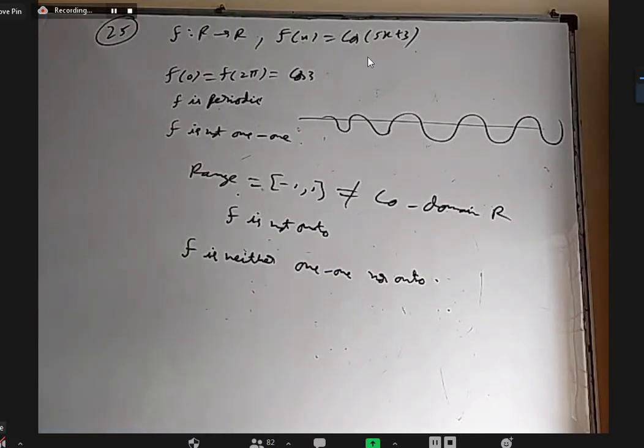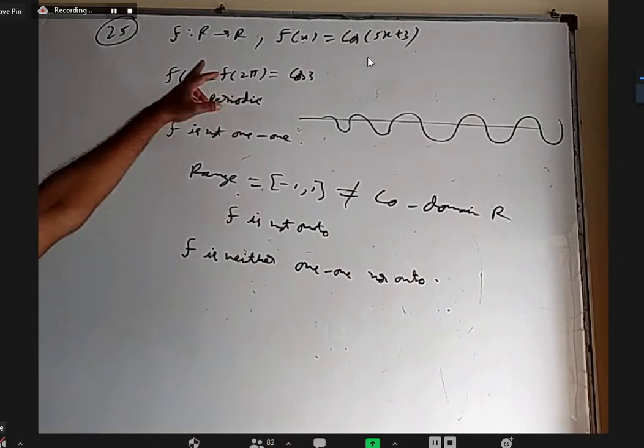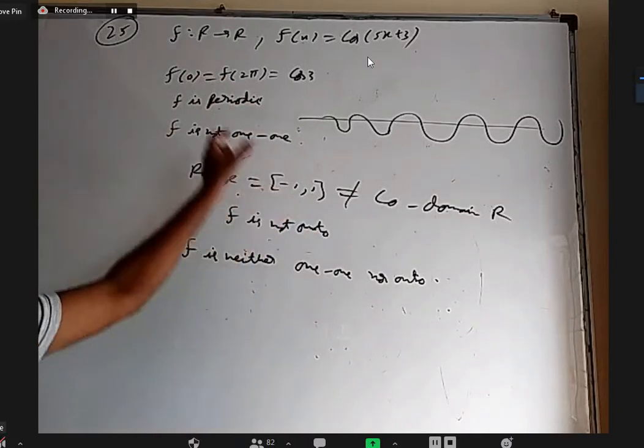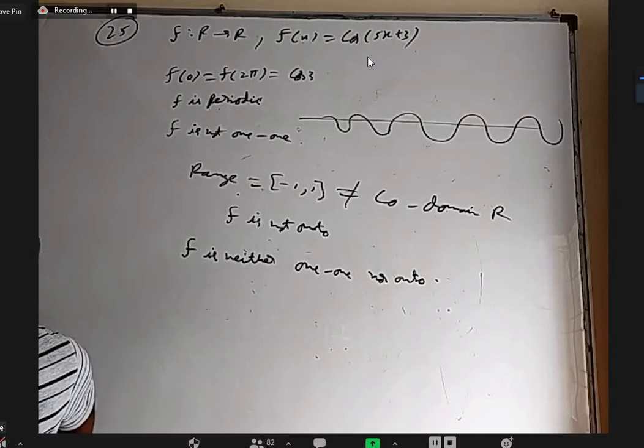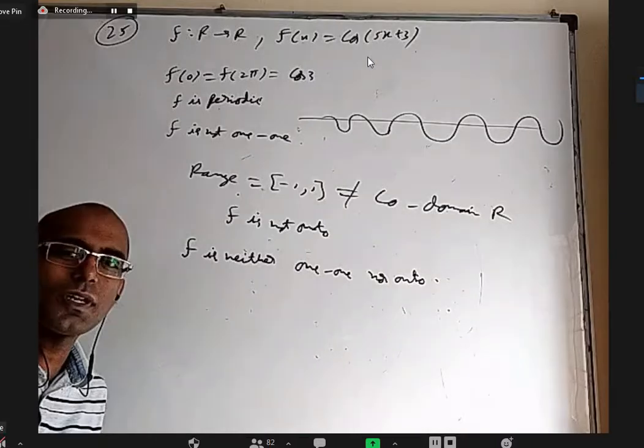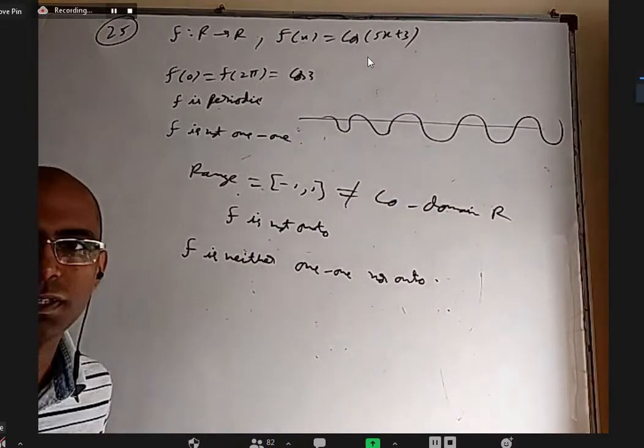Sir, in one book, I read that we can convert any function to an onto function by restricting its codomain. How is that? You remove that codomain, whatever range you got, you put it there, it will become onto. Range and codomain should be equal. So remove the codomain and write the range you got, then it becomes onto.